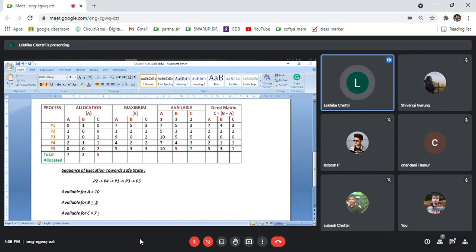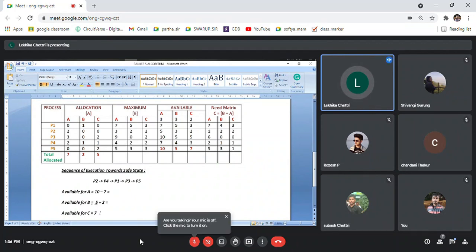Okay. So now initially when it allocated, how many total copies of A did it allocate? 7. So if I do 10 minus 7, now I have 10. Initially, out of 10, how many had it allocated? 7. Okay. So I'll do equals to. Now I have 5 free. Okay, 5 are available now. Initially, out of 5, how many was allocated? 2.